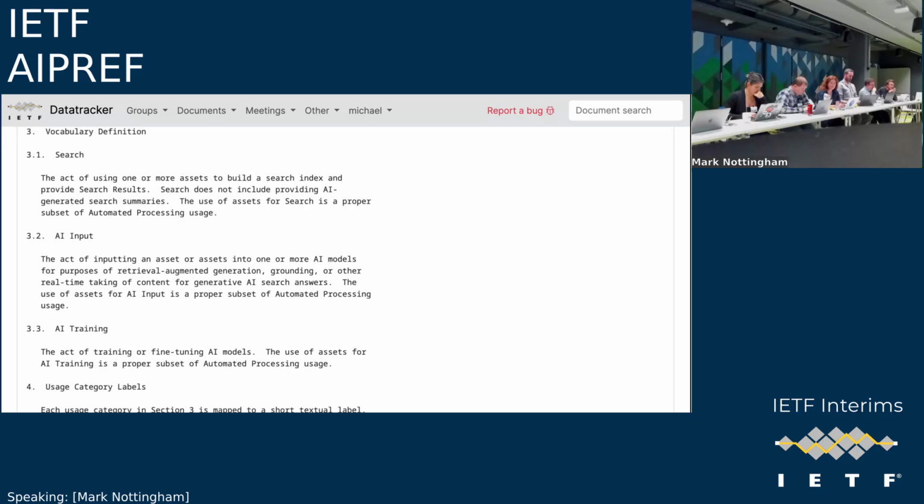And I think to Martin's point about the existing search category, the concern there is that the way it's currently drafted allows a lot of the AI summarization to come through still. So I don't think the existing language is quite tight enough yet, because it says very explicitly that summarization is out.